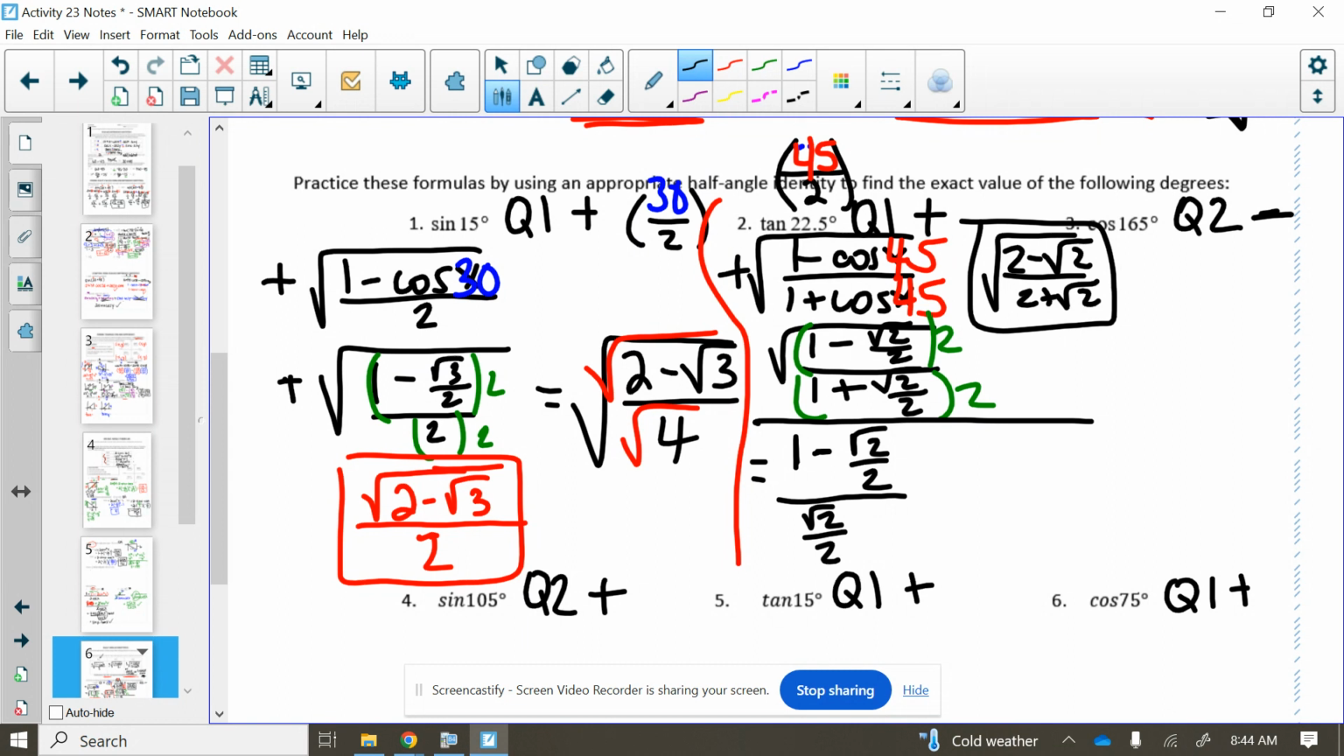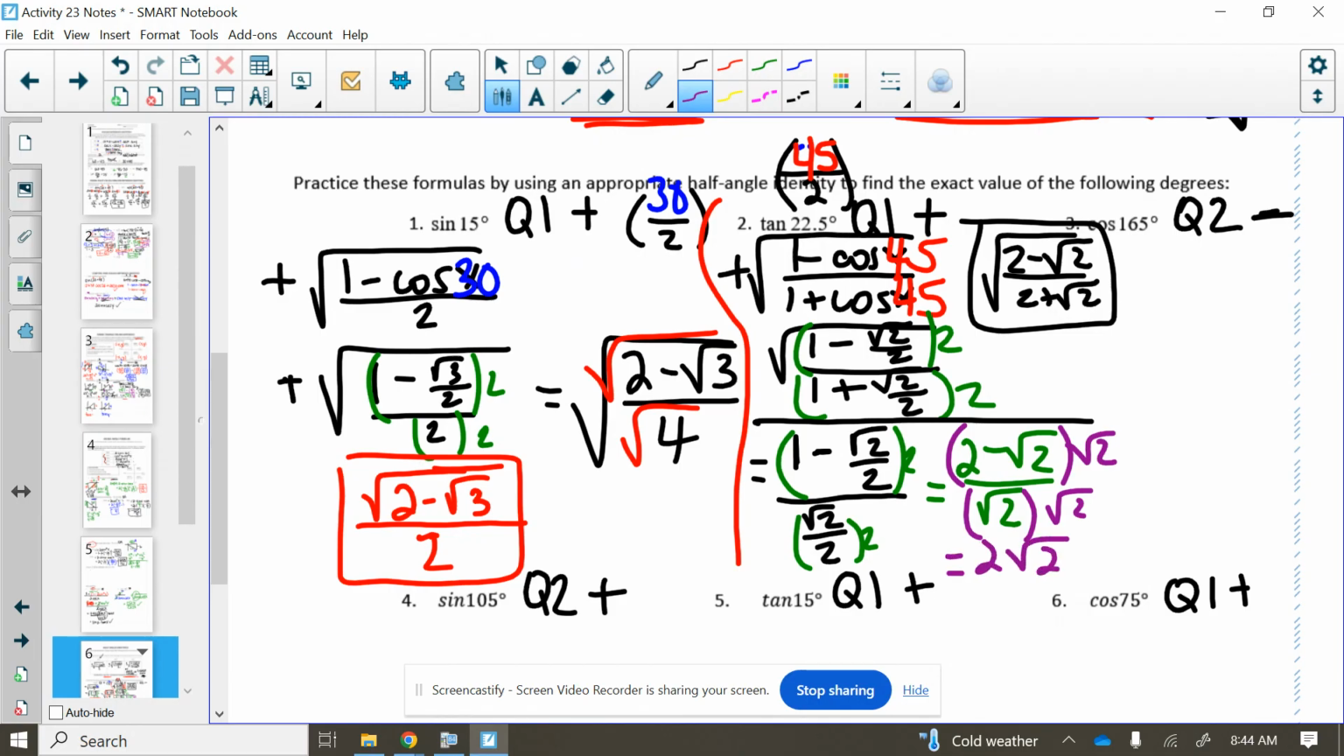Again, everything can get multiplied by a 2 so that we can get rid of the fraction within a fraction. We have 2 minus root 2 over root 2. And then last but not least, we usually don't like to have that square root on the denominator, so everything could get multiplied by a root 2, and we end up with 2 root 2,